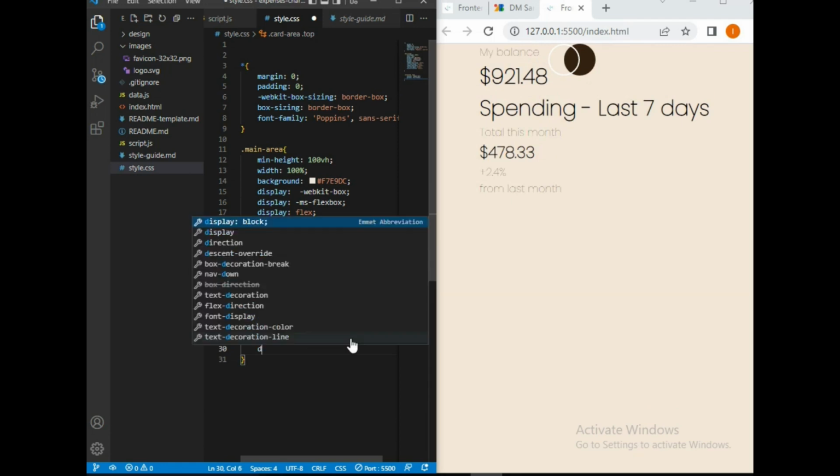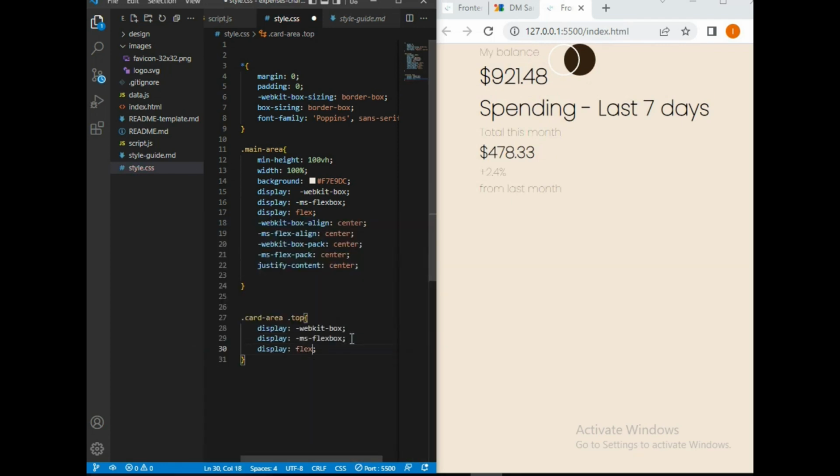Display flex. Now I'm going to, for WebKit box spec,